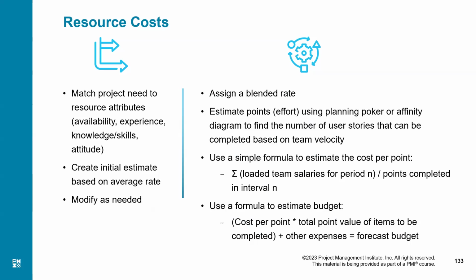But in addition to that, we can improve that formula, because naturally, during every iteration, apart from the human resource, there are other expenses also, like equipment and tools and things like that. So whatever is my cost per unit, I multiply that with the total point value of items to be completed. Say we have to complete 700, multiply it by 700, and then add other expenses to it. This will give you your forecasted budget for the iteration, for the release, or even for the whole project.